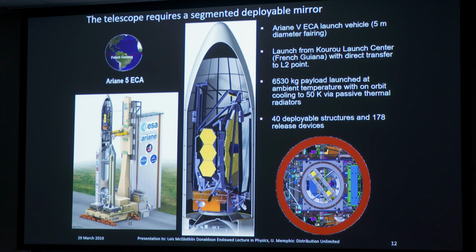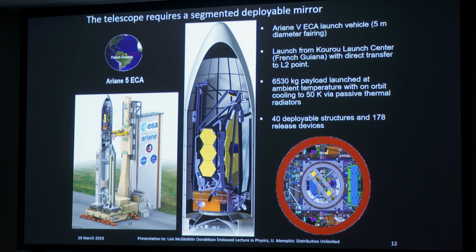Now, to deal with the giant mirror and fitting that into a too small rocket, we adopted a segmented mirror architecture. So instead of making one giant mirror, we made 18 hexagonal segments that could play together as if they were a single mirror. And then we designed a system that would fold up inside the rocket fairing. This is an end view. So you can see there's not much space left over in that rocket fairing after we fold the JWST up into it, but it does fit.